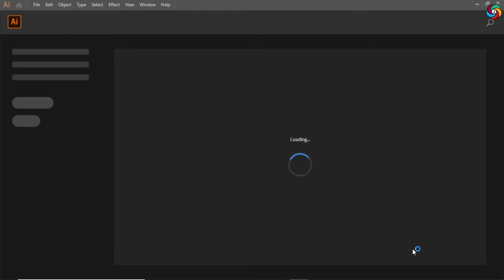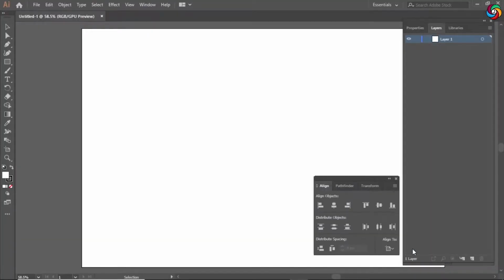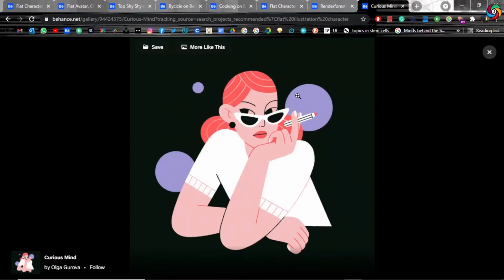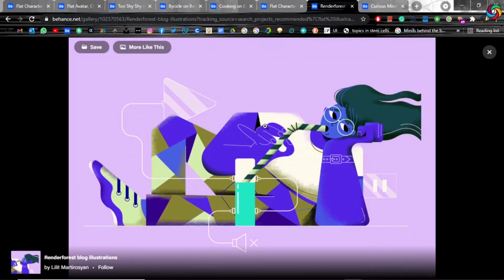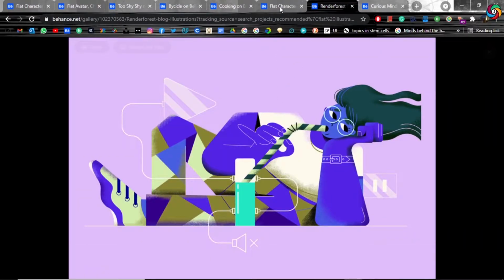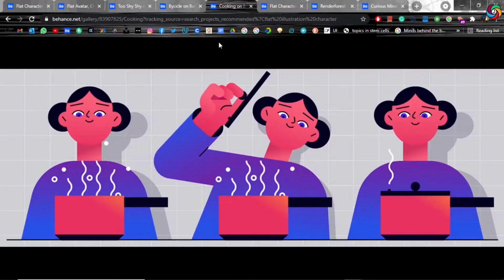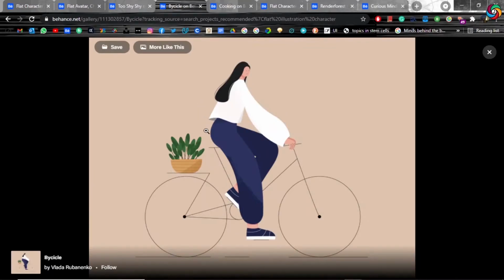Well, before making anything on your artboard, you should discover and decide on what you want to make. Now these are some flat illustrations that I found on the website Behance. Make sure to go through numerous styles so that you will have a clearer idea as to how you want your design to be.